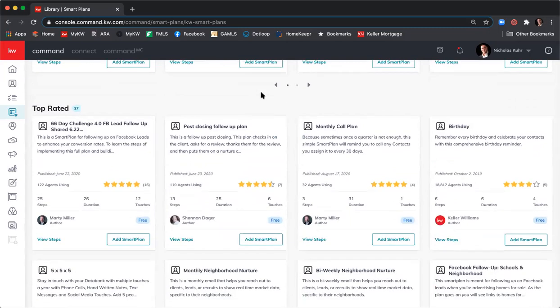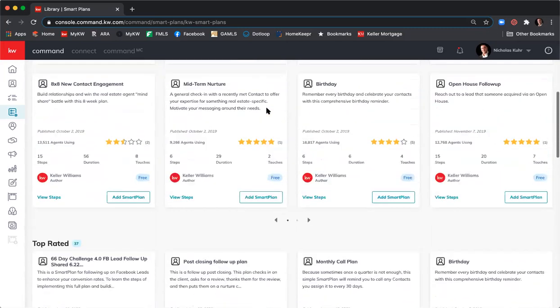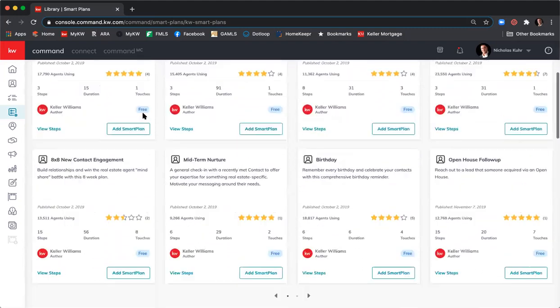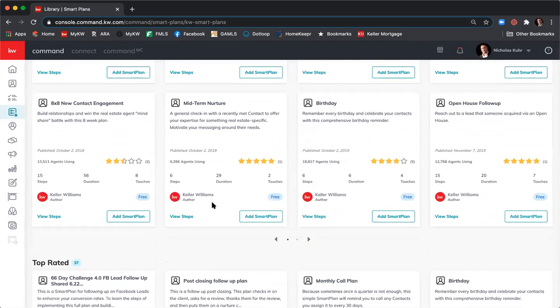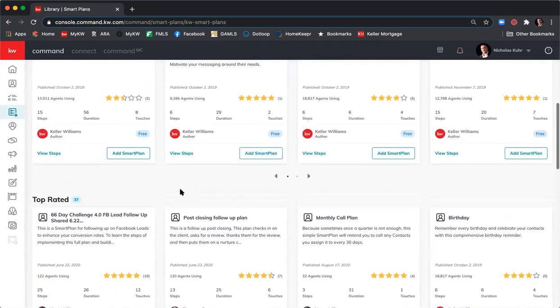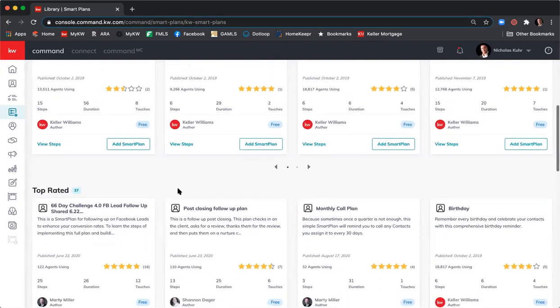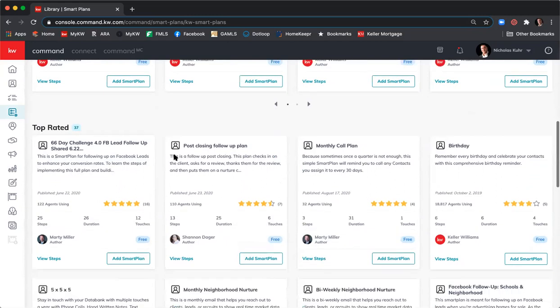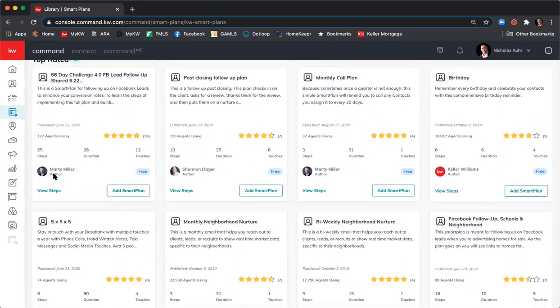So down here, well, let me first get started because this has recently been updated. Keller Williams has 10 Smart Plans that they have created for us on our behalf. These ones at the top, you can see Keller Williams as the author. Recently, as I mentioned, they've allowed us to share or sell Smart Plans with other agents. And these are down below in the top rated. And you can see here, each one of those authors